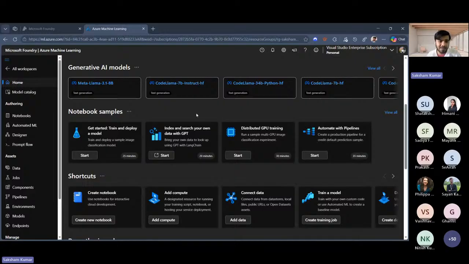Then data labeling: let's say you have multiple images, male and female images, and you have to label whether the photo is of a male or a female. This can help you with that. And connections is just to handle whatever data connections you have between resources. Let's say I have a data storage and a database. To connect all of them together, that's ML Studio.